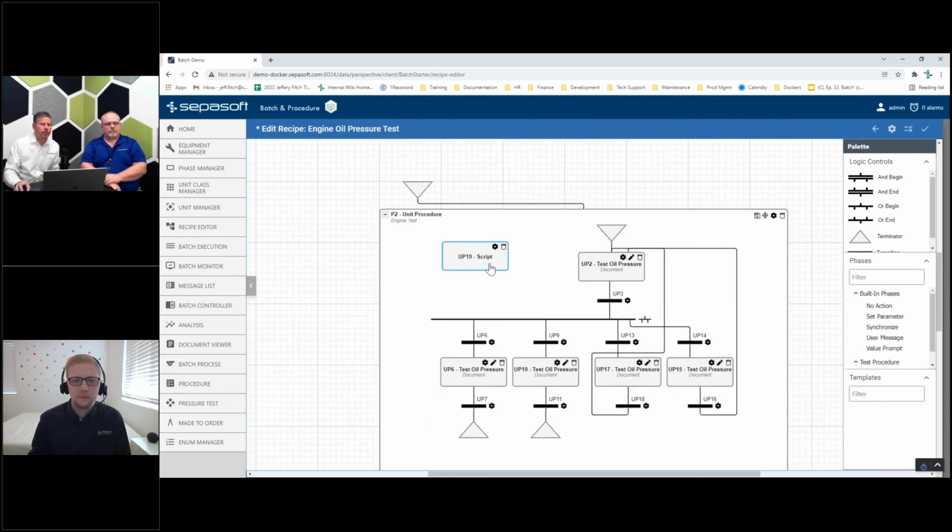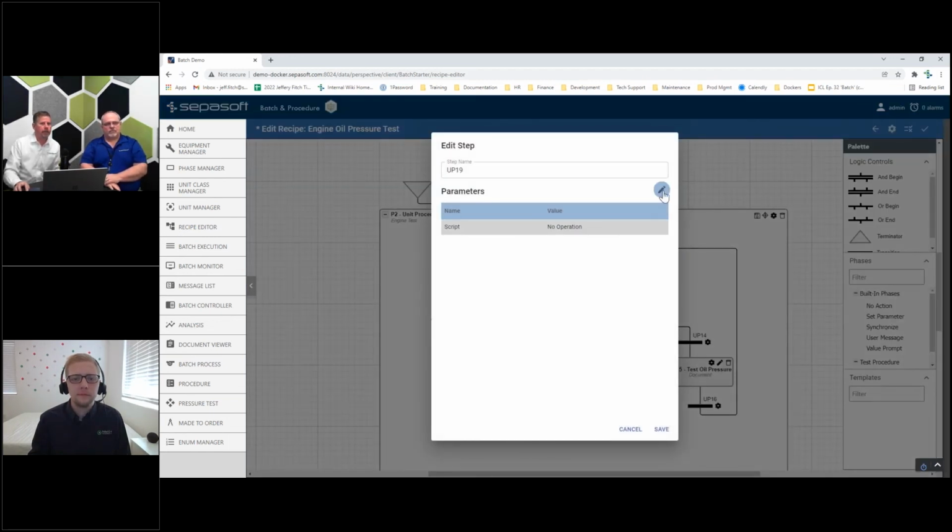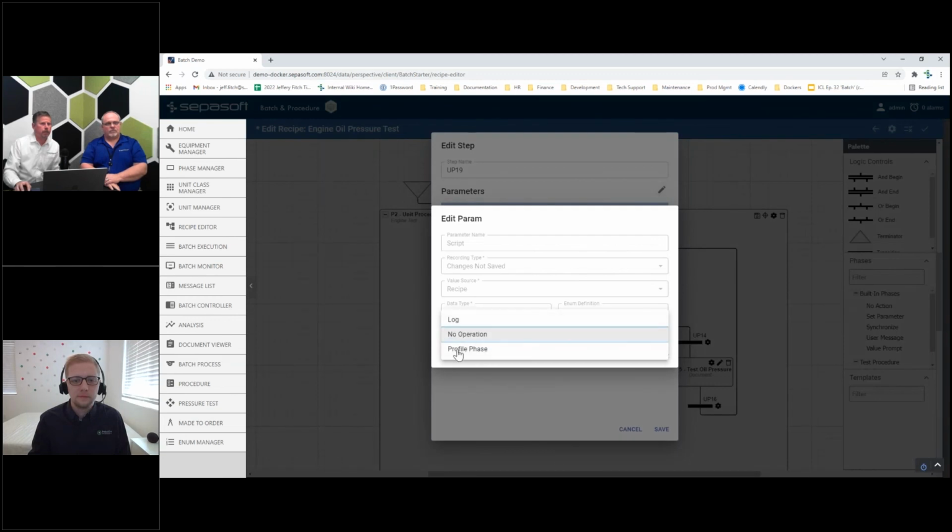So we have a script phase, and in here you can tell it what these are the predefined scripts that are the scripts we added to our demo server. But you can add any script. I'll show you where that is added. So if you have a longer running script, you don't want to be hitting that over and over again. So it has a life cycle to it, and that might be get a value out of database row, anything like that. So this is where you would tell it to run, and the parameters here are